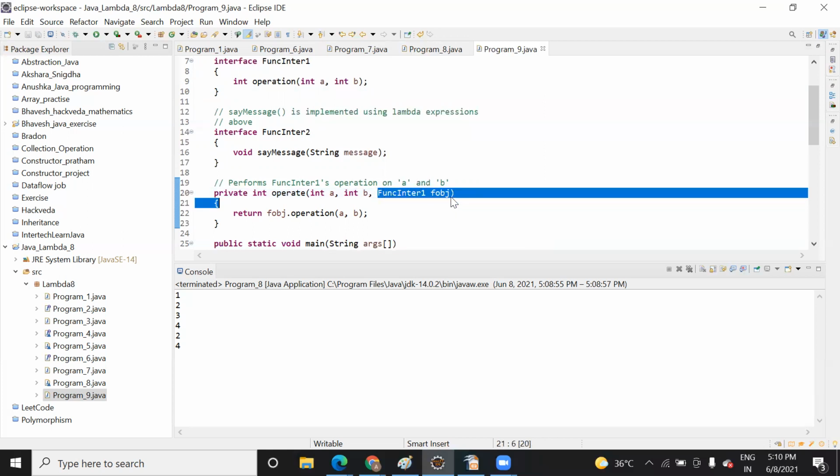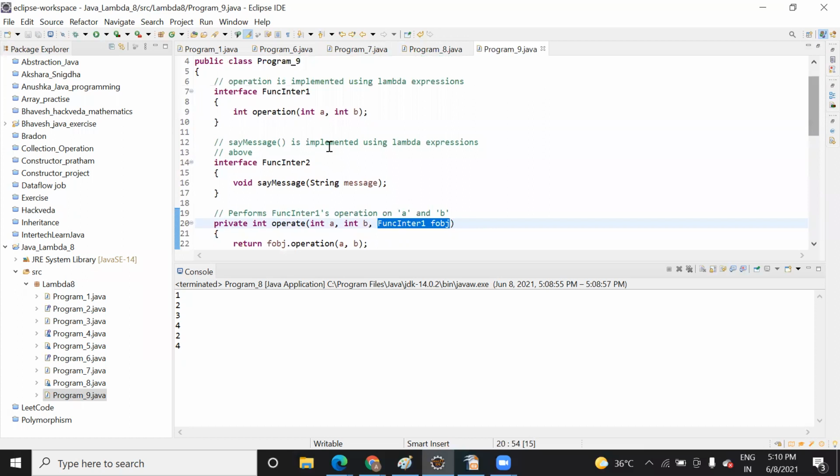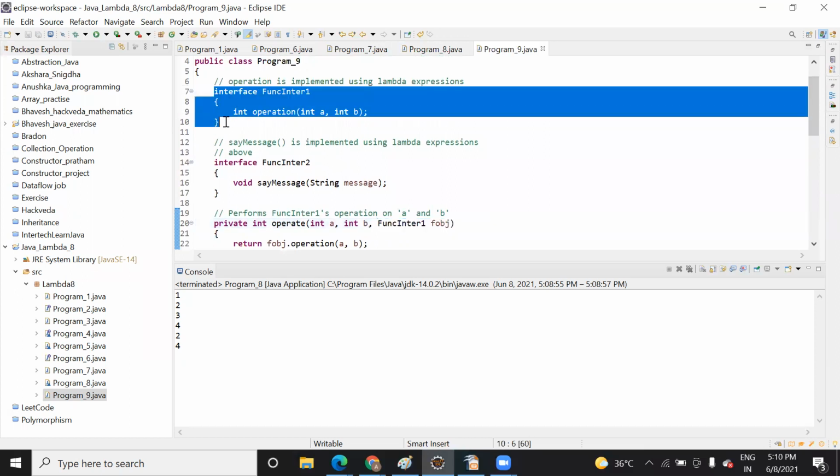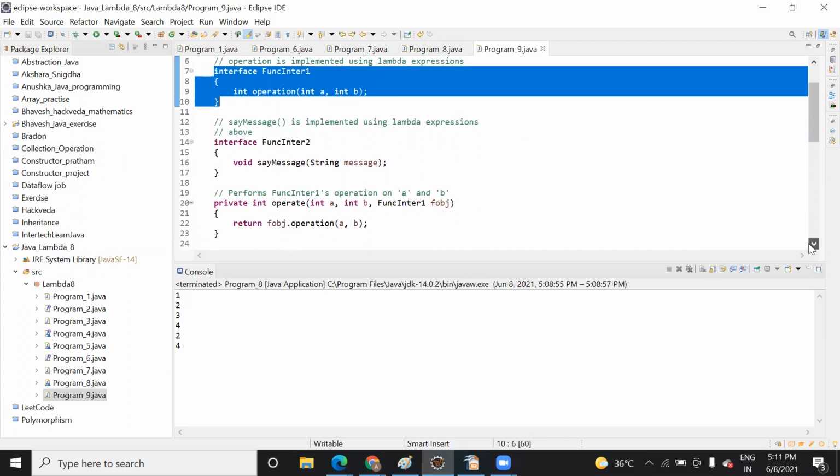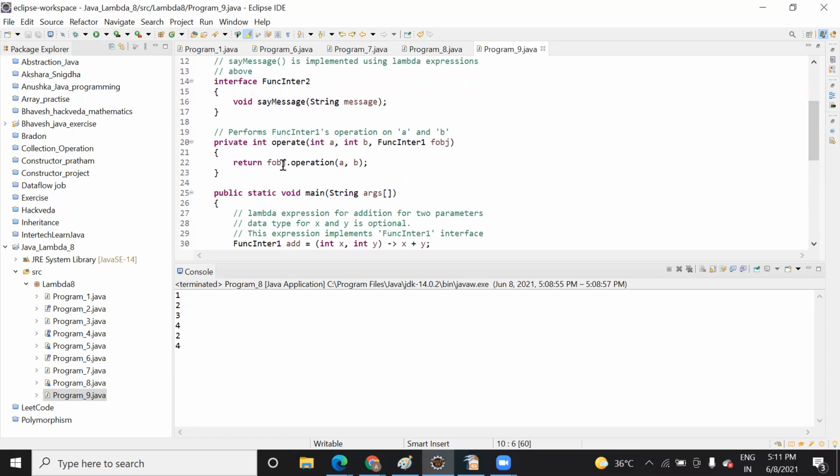Till now, I haven't shown you how you can pass an object to any interface. With respect to this interface, I am passing the object here. It means it is going to pass the value that will be read by the method inside this interface. And I am going to return it, return object dot operation. It means that this object is going to call this method and pass this a and b value.